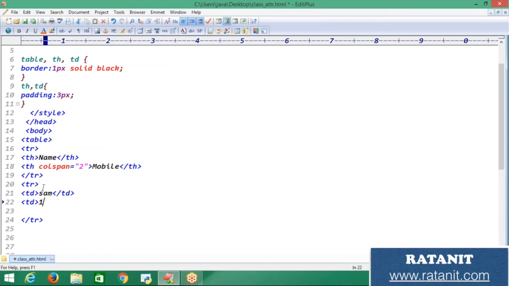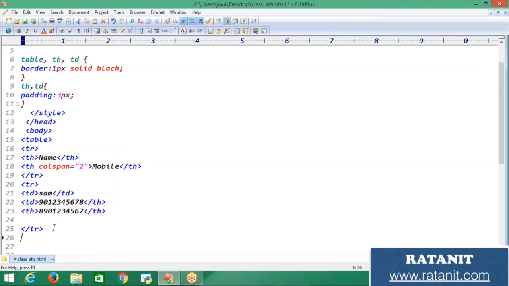Okay, one is, and I'm going to close this td, and I'm taking another td over here, and I'm going to close this. So two mobile numbers.